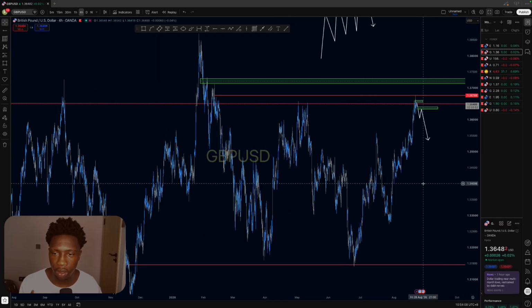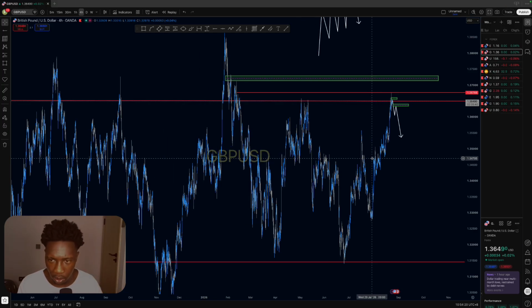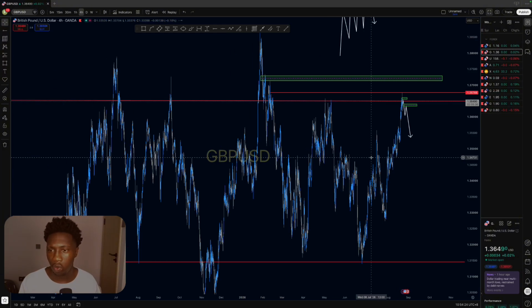I'll ignore the first move because it's also going to reverse, and this will give me a confirmation that the market is now fully moving to the downside. So yes, we'll move to